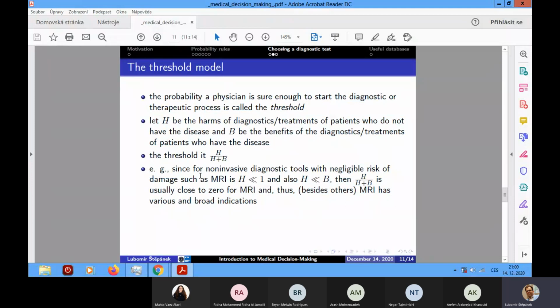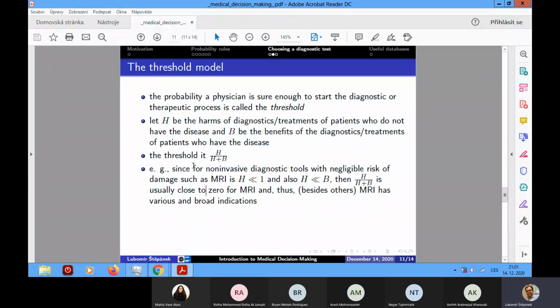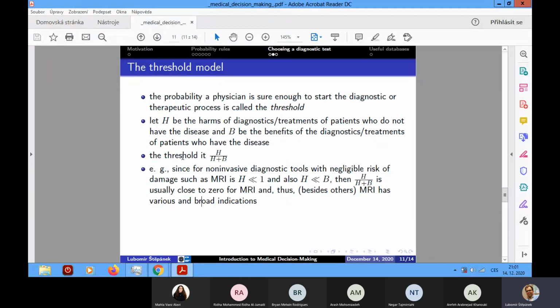In such a case, it's a good example where to start to think about this, but not earlier. If this is a routine situation, forget about this. Absolutely, it will be just a waste of your time to calculate something like this, because you are definitely going to realize that the probability, or for example the confidence, that you should do the diagnostic or therapeutic process will be far higher